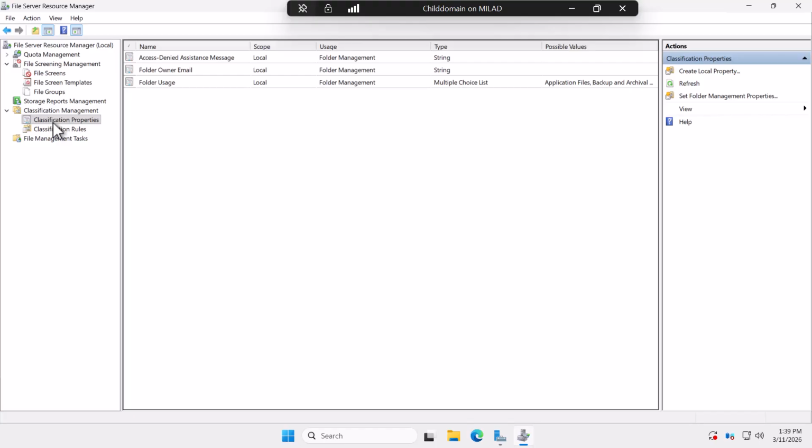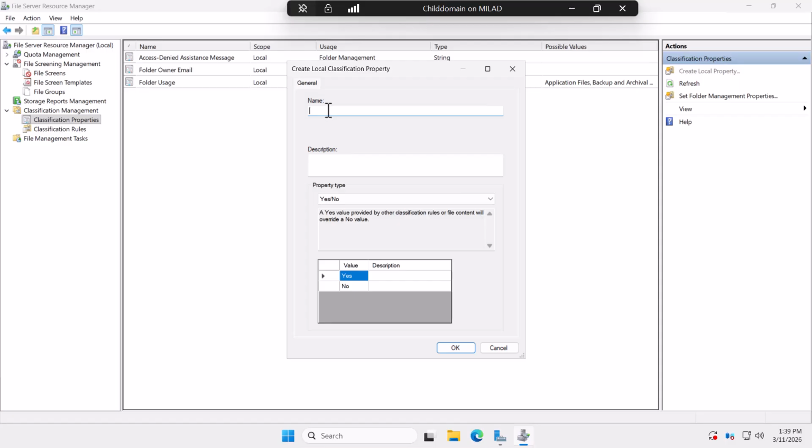So let's create a classification property by selecting classification properties and create a local property. For the purpose of this example, I will name my classification property Rose ID,